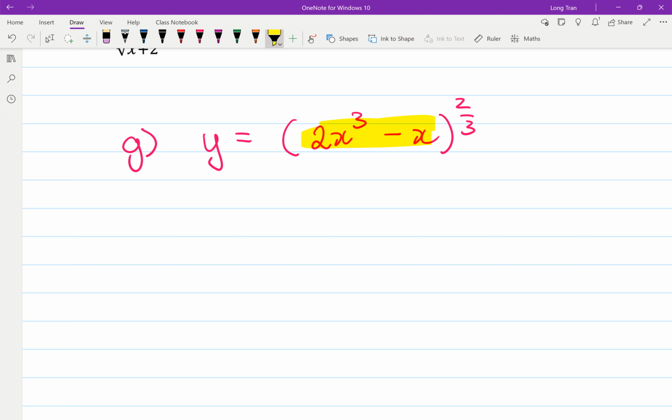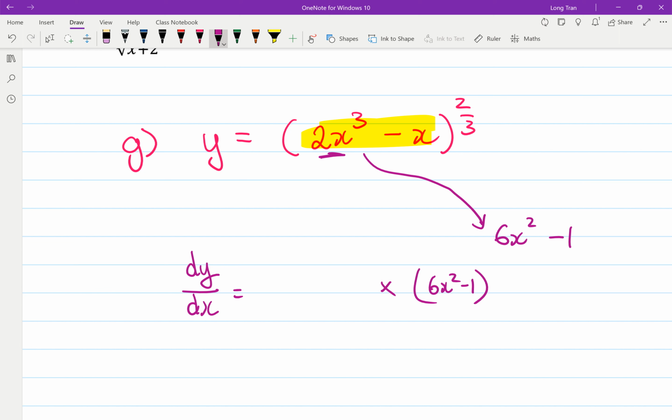So in my mind, I'm already finding the derivative of 2x cubed minus x. So do that in your head. What's the derivative of 2x cubed? What is that? Derivative of 2x cubed. 6x squared. Very good. And then derivative of minus x. Minus 1. So that's, in my mind, what I'm already doing, or I'm writing that down already. So dy/dx, in my first step, I've got 6x squared minus 1 multiplied to,